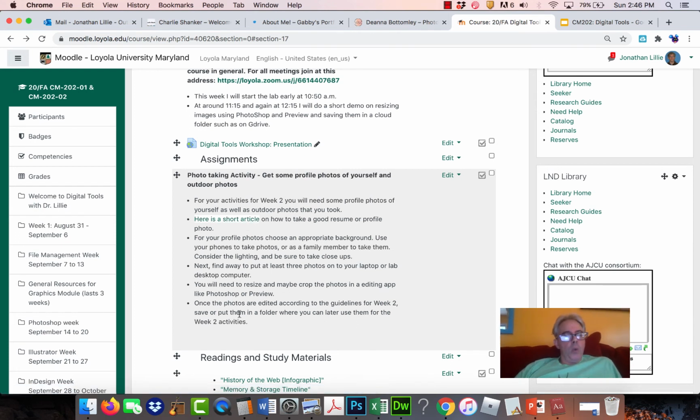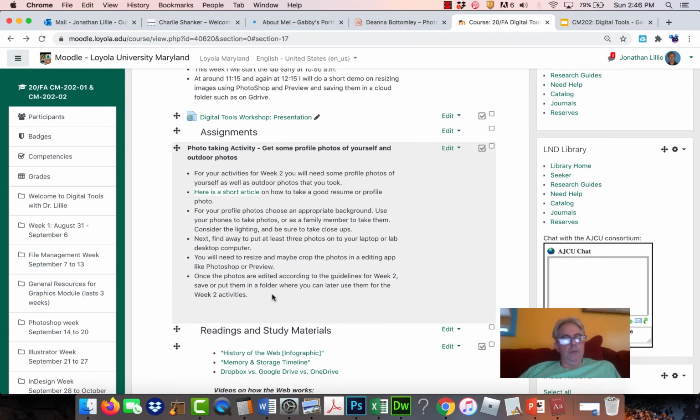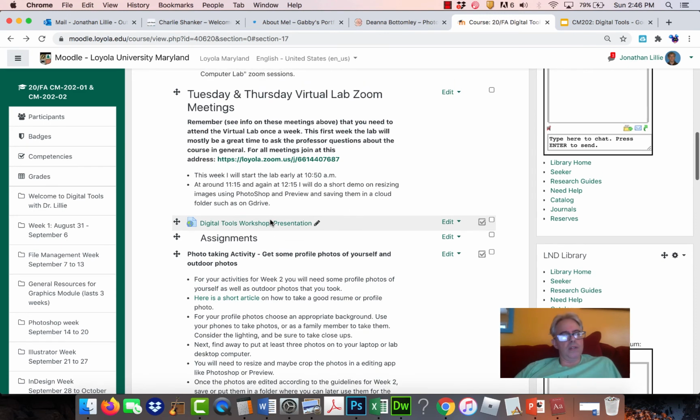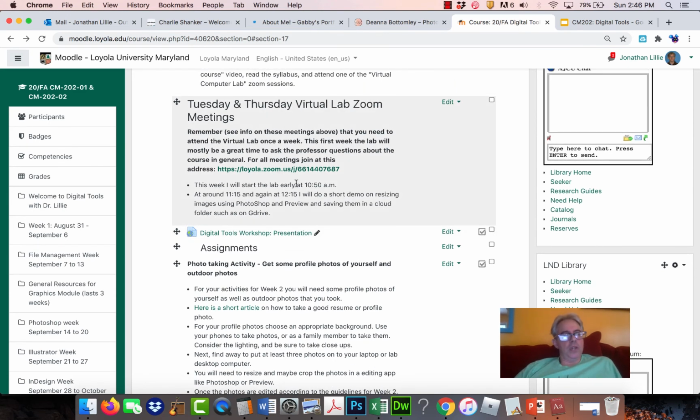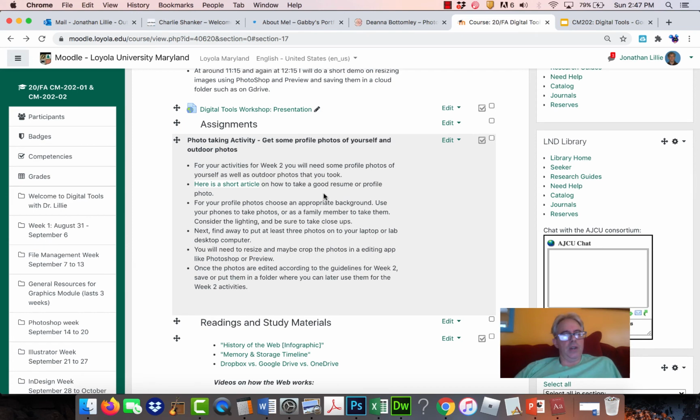And then in the Zoom sessions, I'm going to get into how to use Photoshop or Preview to edit those, to prepare them to go into, for example, InDesign, or to put on your WordPress site. But the Zoom sessions are going to be relatively informal these first couple weeks. So I'm just going to do that demo twice. So if people come earlier, like for example, if you're in the first section and you would prefer to use